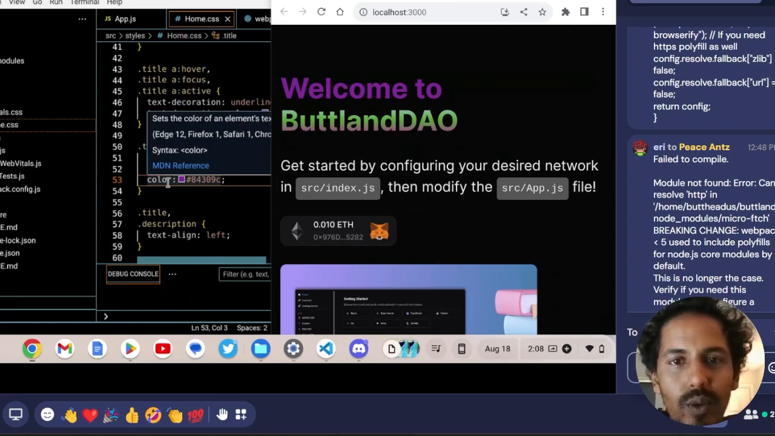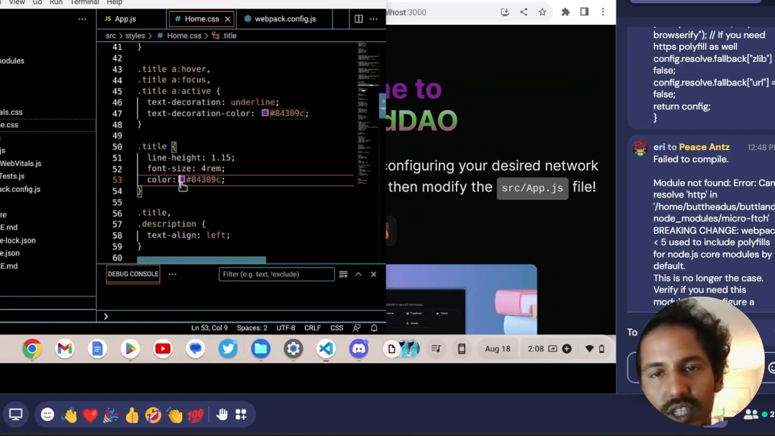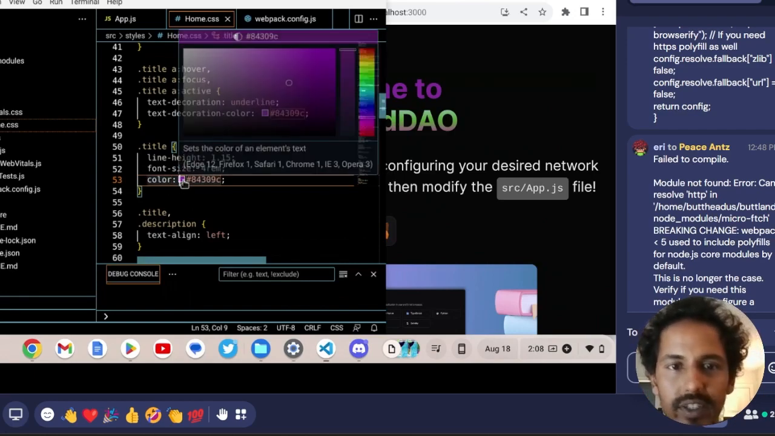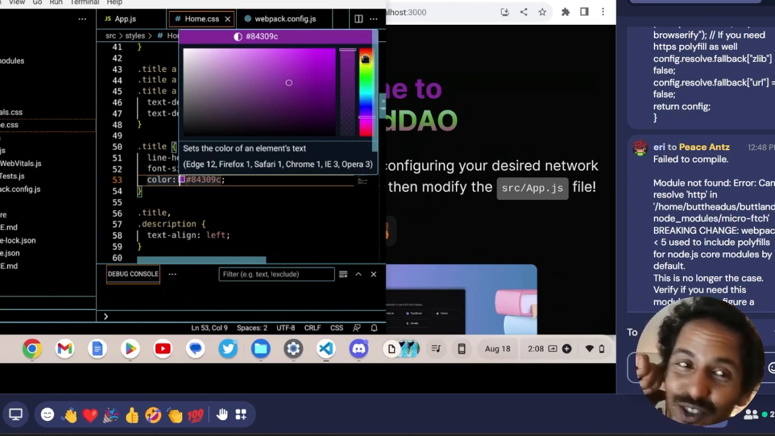Yeah, you can change it to whatever you want. And if you want to take the color out, it'll just default to white. It'll default to whatever your default text color is. Nice. And yeah, that's pretty much the intro. And then